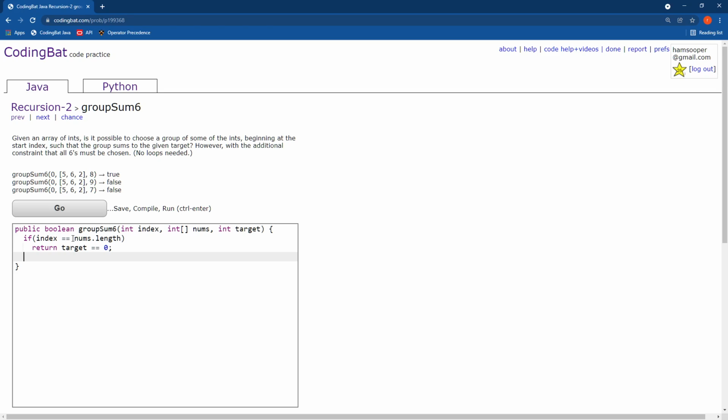So now what I'm going to do is say, okay, if the number here is a 6, then we've got to take it. So we don't have a choice. We're not going to split into two different realities. We're just going to take this 6 and move on. So I'm going to say return groupSum6 if we were to start at index plus 1 with the same array, and the target's going to be subtracted by 6, because we took this 6. And I could also say subtract by nums index, but I know that nums index is a 6,